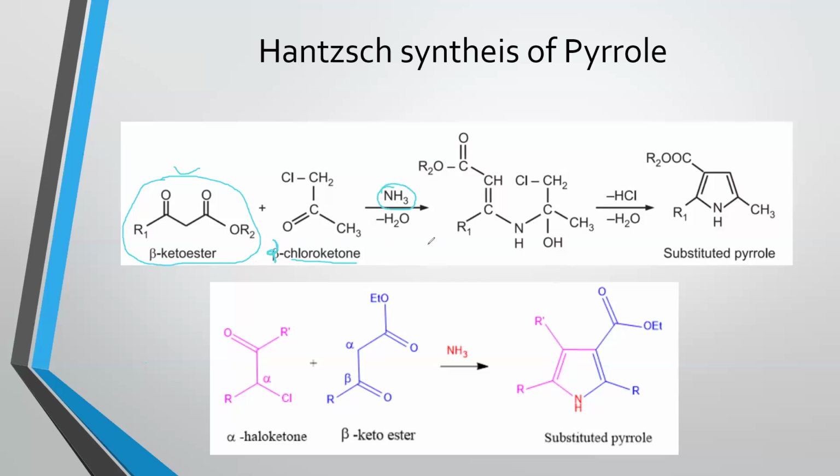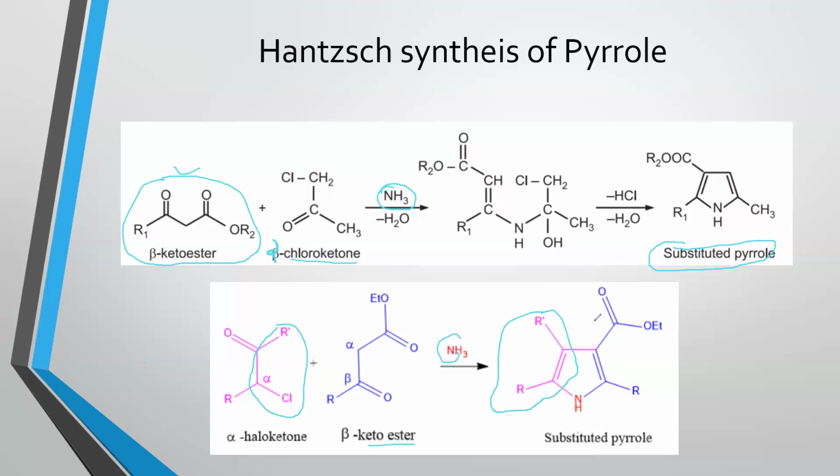Okay. In presence of ammonia, it will give me a substituted pyrrole. Here you can also observe very simply that this part is of alpha haloketone, which here is chlorine, so you can tell it as an alpha chloroketone also. And this is part of the beta ketoester in presence of ammonia. So you can see how simply both compounds get attached